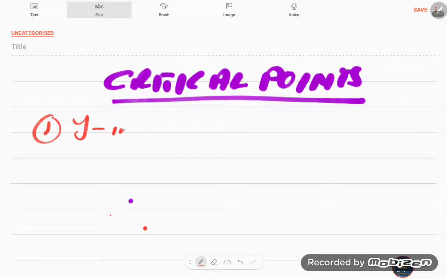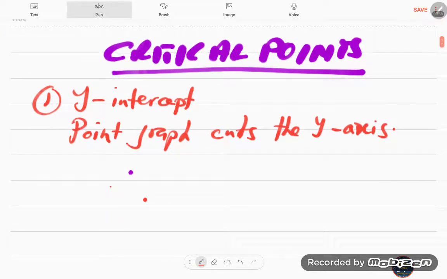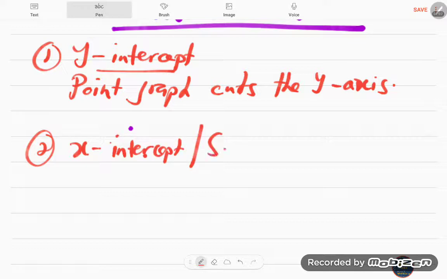the y-intercept. Not necessarily in order, but what is the y-intercept? The point where the graph cuts the y-axis. Okay, that's your y-intercept. Next, it's going to be your, some may call it x-intercept, rarely though, but also some